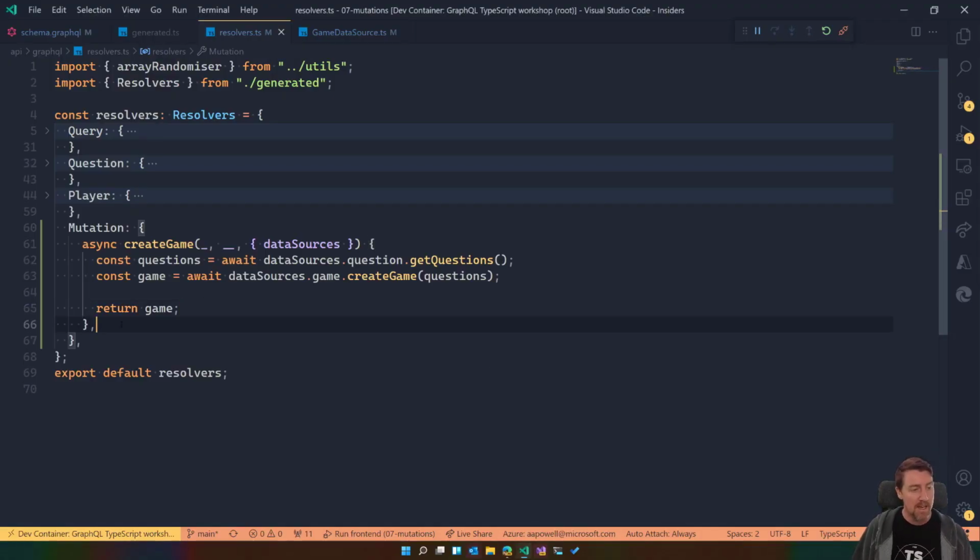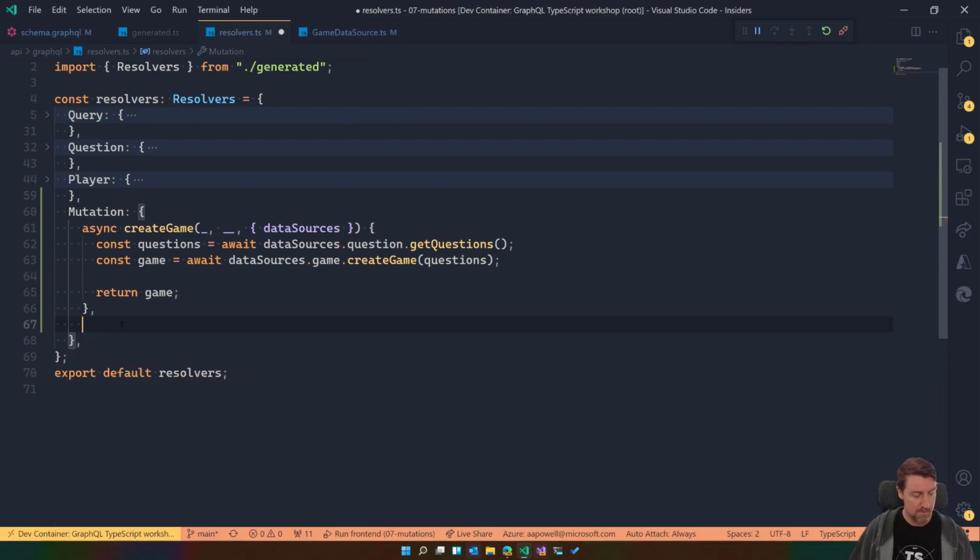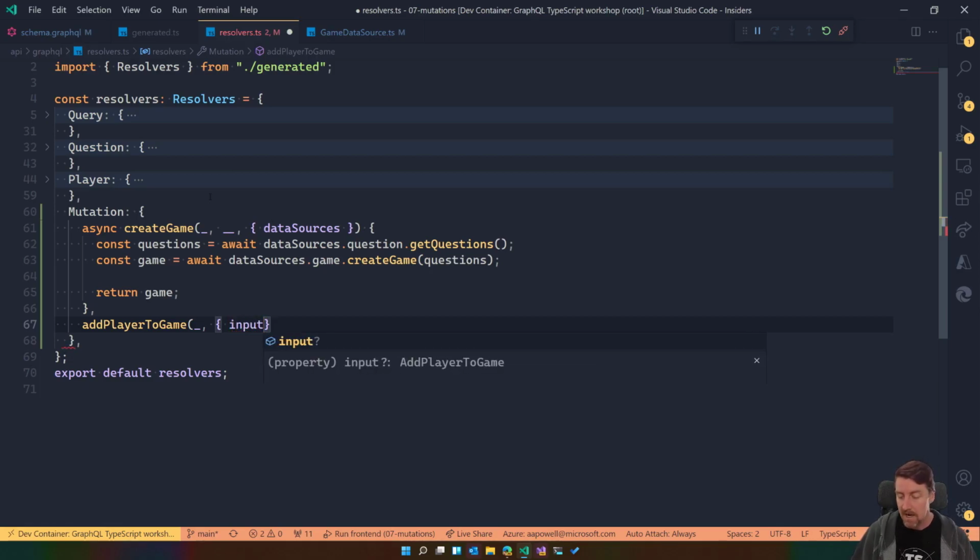end to end. Now we have a couple of other mutations that we need to implement. We'll have add player to game. This one is again no argument, no root that we need to care about here, but we do have an input argument that we're going to care about. So we'll have an input, and then we're going to just do some unpacking of that. We'll have game ID and player ID, player name. Sorry, that's adding there, and we'll get our data sources,